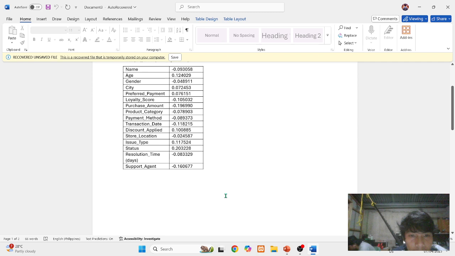So that is the suggestion, since all of these features have a very weak relationship and negligible correlation. So we're going to perform another method for us to consider whether what we are